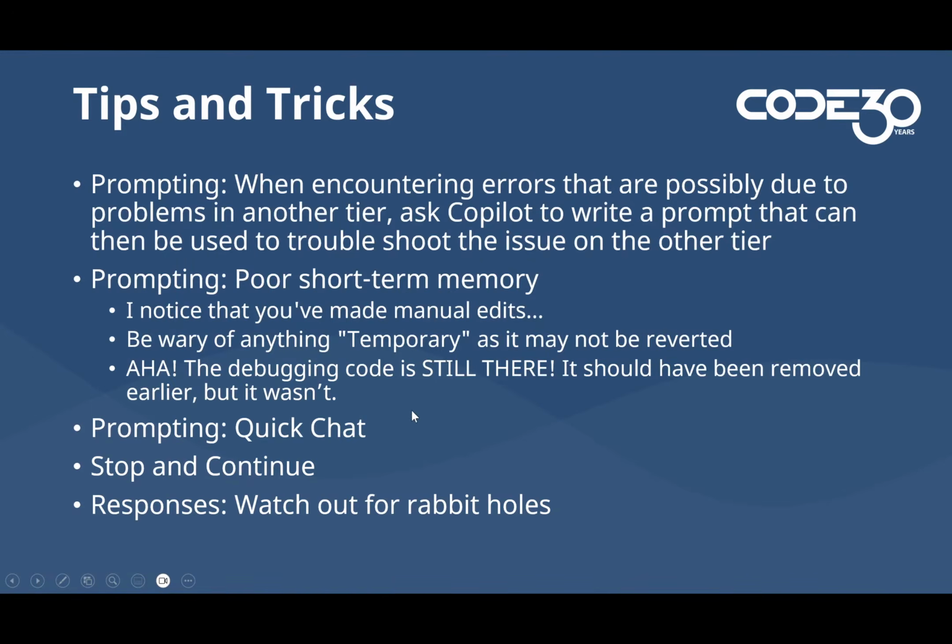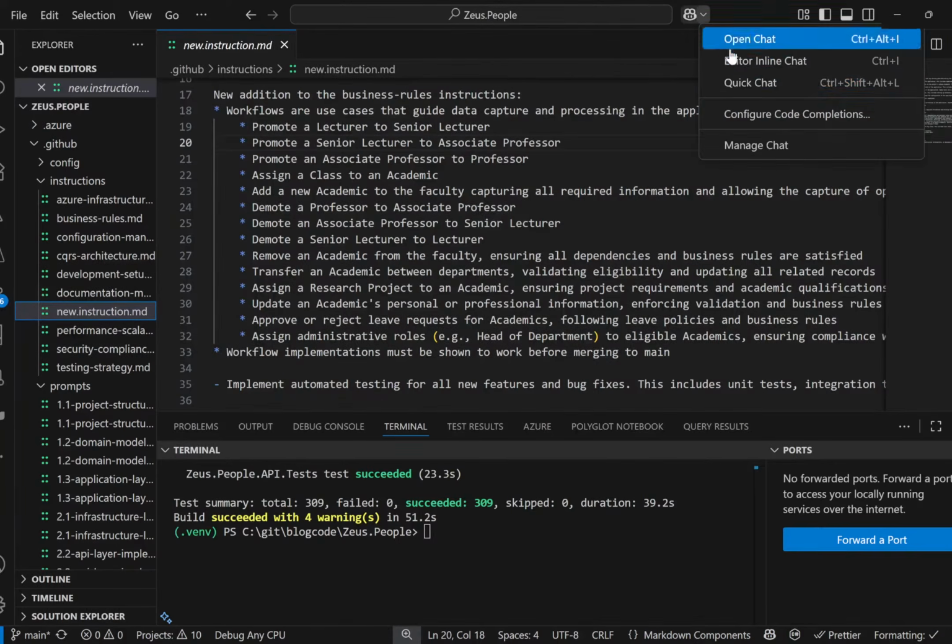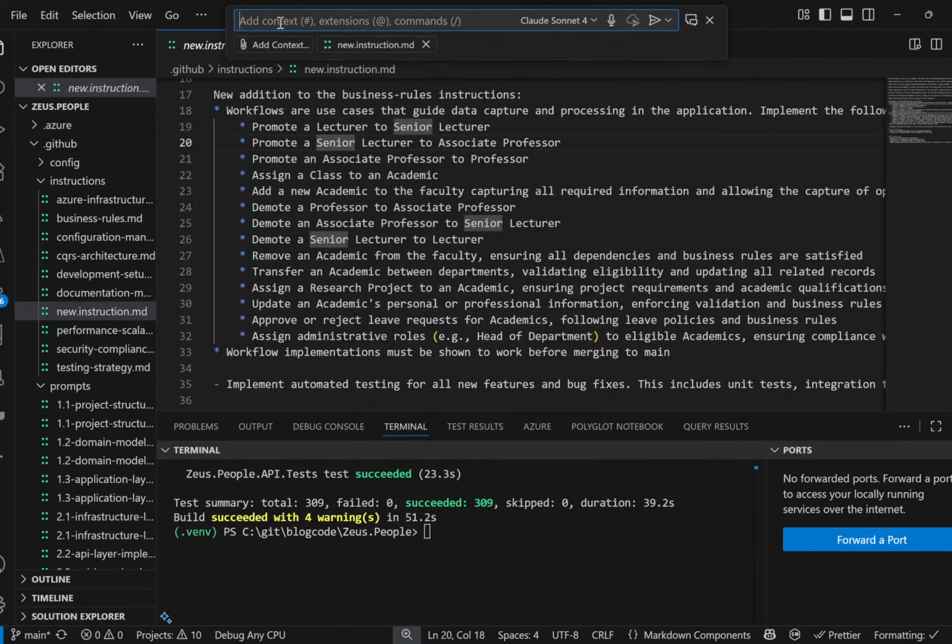All right. The other thing I wanted to point out was quick chat. So let me switch quickly back to VS Code and just show you what I'm talking about with this. Quick chat is up here. You can basically go here and say, I want to do a quick chat. And it will just open up the ability to write a prompt right directly here in the command line in